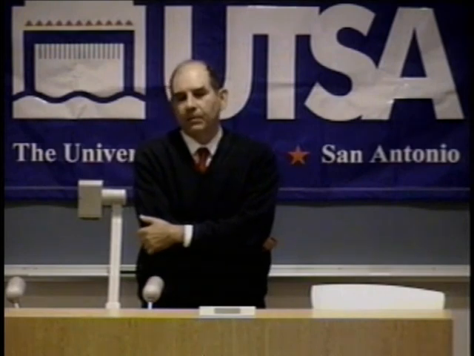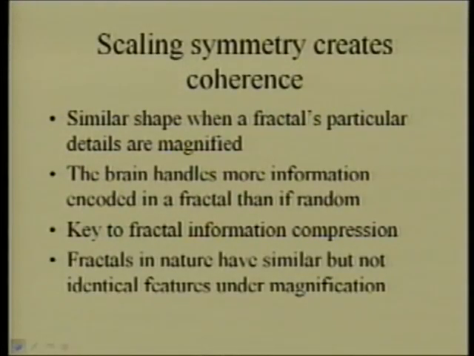A random array of letters makes no sense to us, but if those letters have linguistic patterns, then they convey some meaning, and we're much more comfortable with that. Well, what happens with fractals? The brain can recognize a fractal, and then it is faced by an enormous amount of information, which, because of the symmetries and the scaling that occurs, the scaling means that each detail of the fractal, when magnified, looks exactly like the next scale of the fractal.